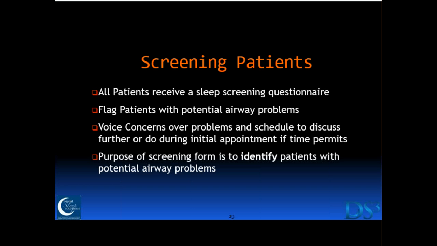But literally just the screening process is as simple as coming up with a questionnaire that you hand to your patients or include with your new patient forms or that you give to your hygiene patients. And basically the purpose of that is just to say, hey, this person is at risk for sleep disordered breathing. If you get a good questionnaire, it will identify a lot of the people who are at risk, and it can be a matter of just a few minutes of a patient filling something out.